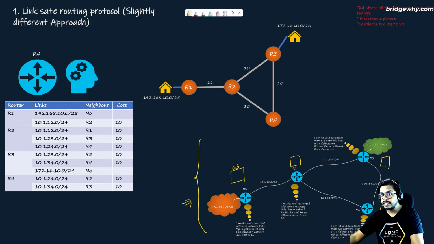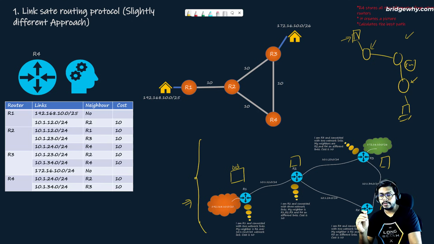But please keep this in mind: if we have cities connected with houses, then through computer science and its various algorithms, which include Dijkstra's algorithm, we can always calculate the shortest path between these houses or between these cities, right? On the basis of number of kilometers. So if somebody gives me this picture of cities and houses, I can sit down and calculate the shortest path. Similarly, routers can calculate the shortest path, but the sole point is